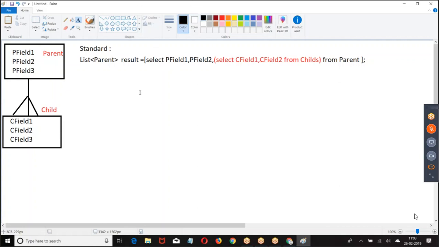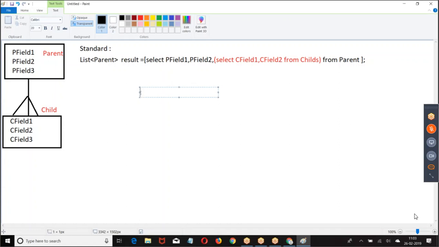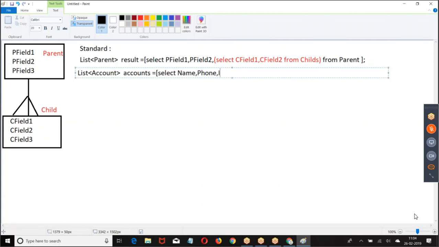Now, account and contact object is there. Who is a parent? Who is a child? Account is a parent. Contact is a child. Now, who created the relation between them? Salesforce has created the relation. Then how do you do it? List of account equals select name, phone, industry, select last name, from contacts from account.